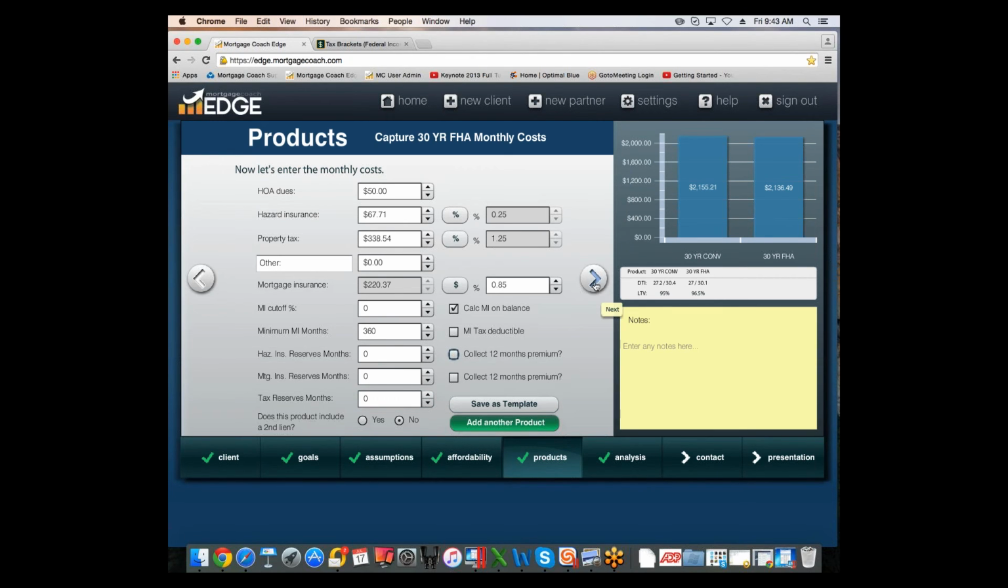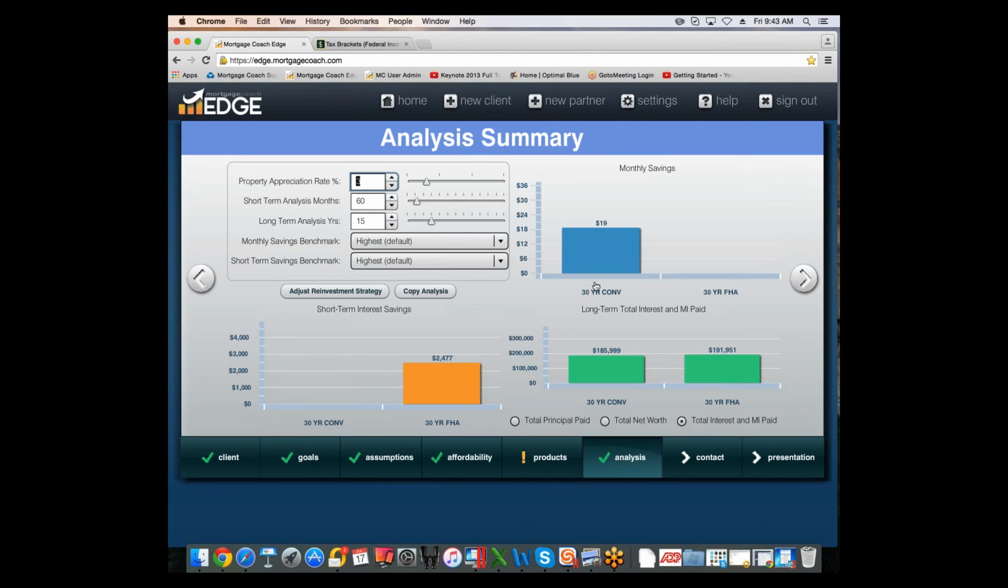Okay, so now we're going to go into the analysis section. As Jacob mentioned in that intro, these are the 4 quadrants that you're going to be able to provide a presentation to. Now, we built these 2 products, and you can start to see the difference between the 2 when we go into the analysis section. You can see the 30-year conventional loan is offering a $19 savings over the 30-year FHA